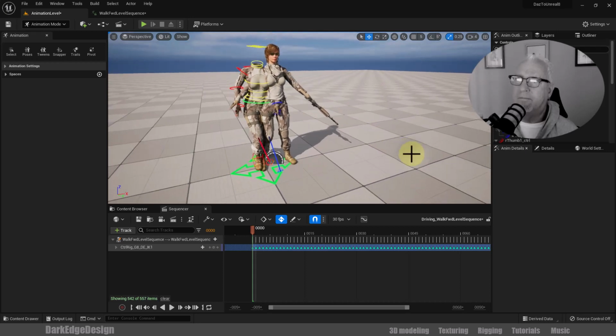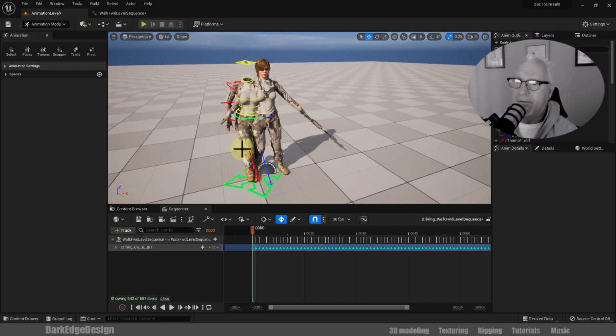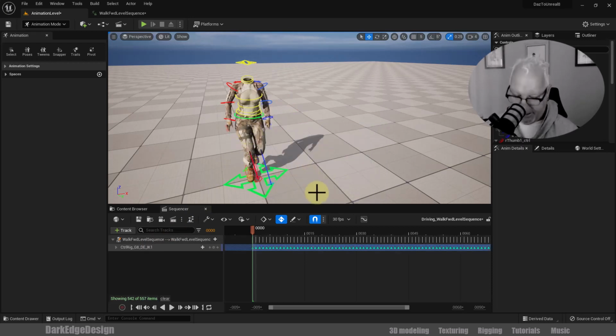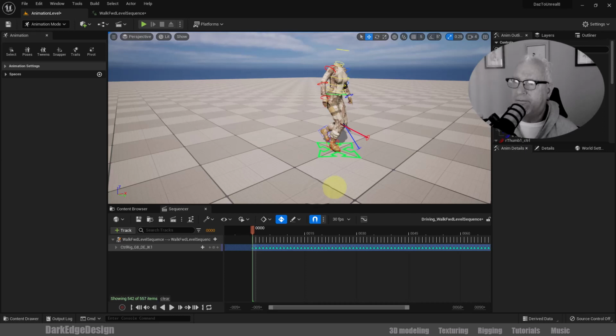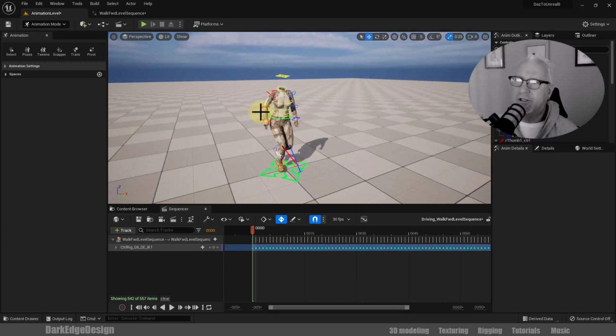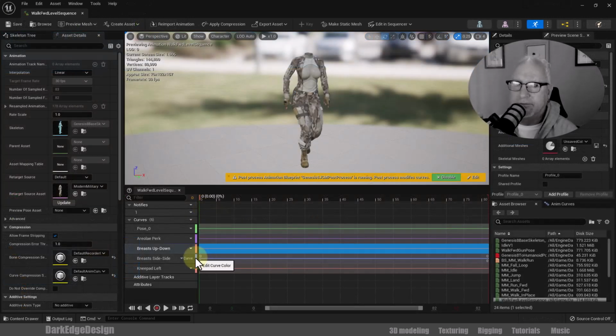Now, it didn't bring the pawn into place. Let's delete this guy. But you're still able to work with the control rig. We could have done the very same thing a different way, but this works just as well. Okay, so it's just a different way to save stuff. All right, and then just for fun,